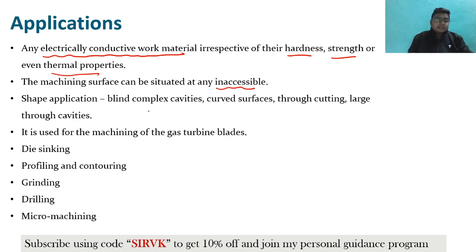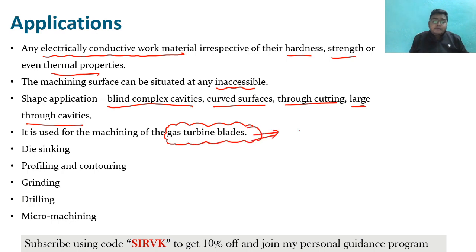Next is shape applications. What are the shape applications? You can make blind complex cavities, curved surfaces, through cutting, and even very large cavities. It is used for machining of gas turbine blades. In gas turbine blades you can understand that very complicated shapes are there, and for that kind of thing the gas turbine blades are made with the